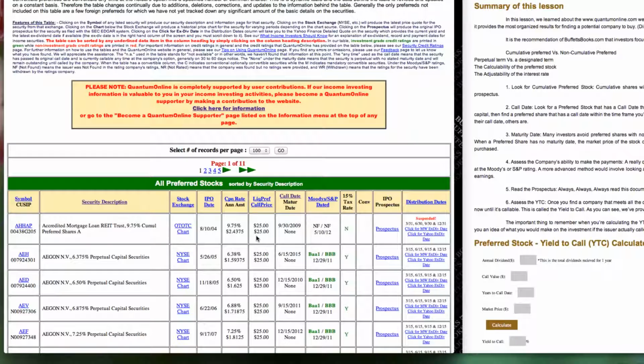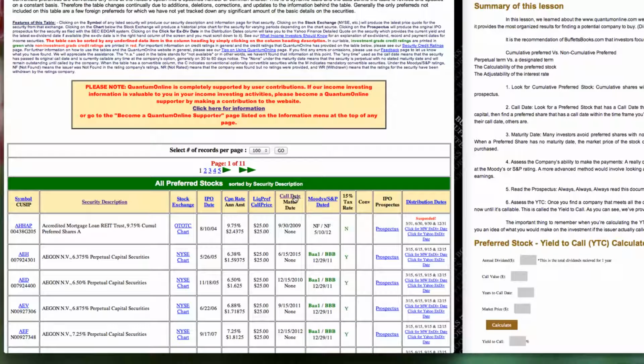Now something that you don't want is something that has a suspended dividend payment. So let's go ahead and try this for something else here. Let's say that something that's really important is the call date. Whenever you're looking for a preferred stock, you want to have a longer call date as opposed to a shorter one,